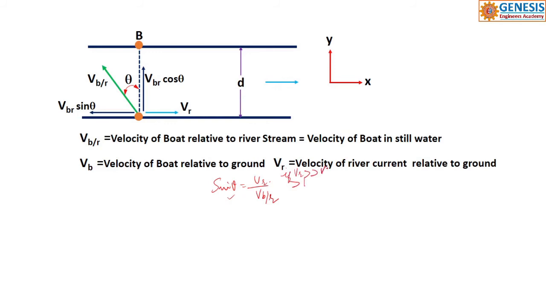So that means what it shows? The person may not be able, it is highly impossible practically, if the velocity of the stream is more than VBR, to reach this place. Here the condition is to reach this place. So he may reach the place exactly opposite on the other bank if he makes some angle to this. So sometimes you have to find that out.